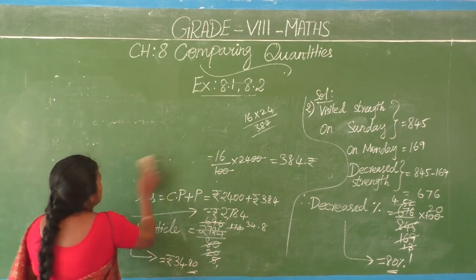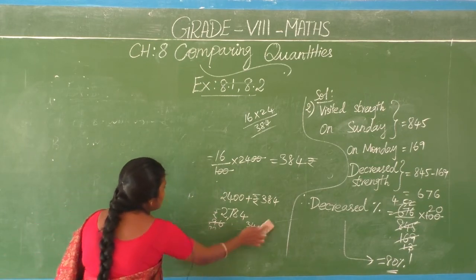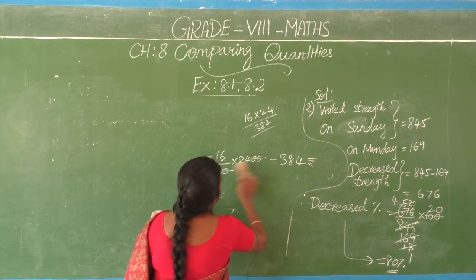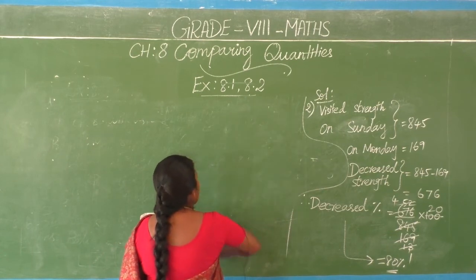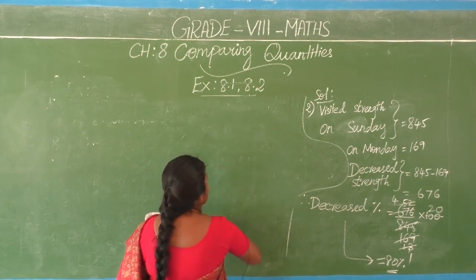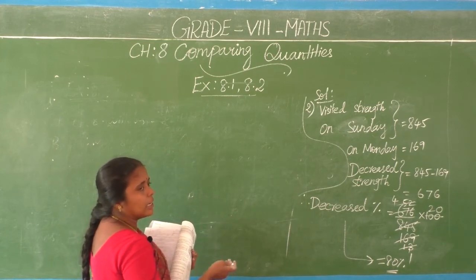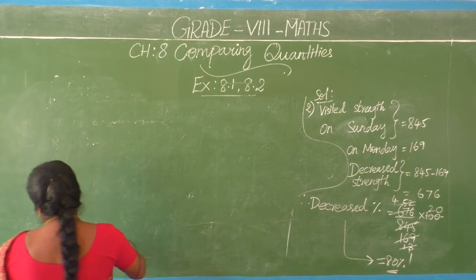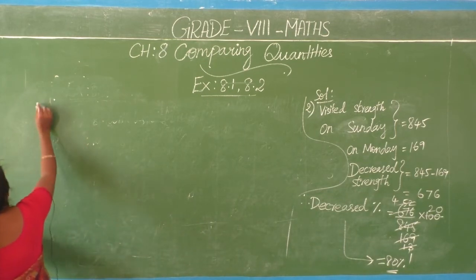What to do? First of all, the profit percentage is to be converted into a profit amount. Then the loss percentage means we have to find the loss amount. Then the SP of both. After that, we have to check the comparison of overall SP and CP. Then only we conclude whether he got a loss or gain. Okay.